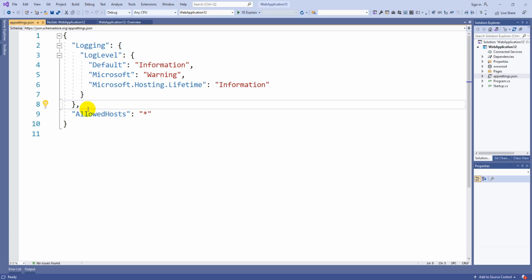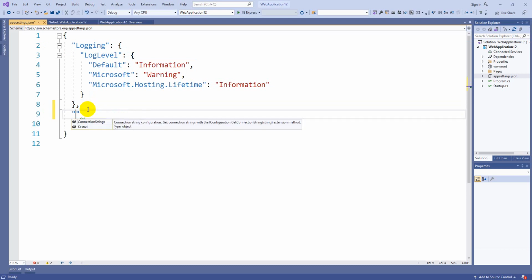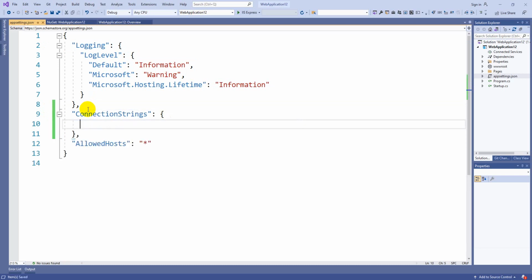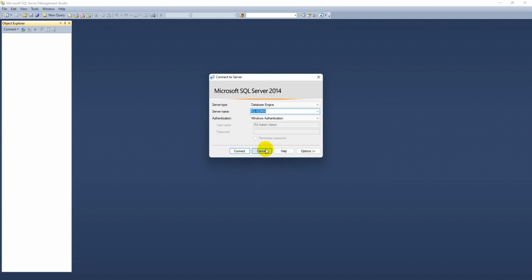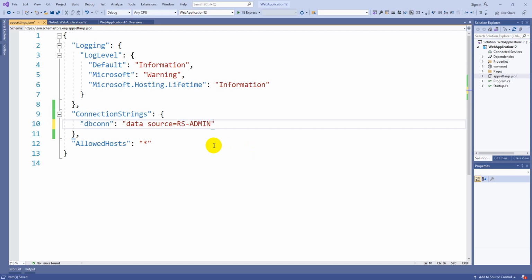Let us take ConnectionStrings, you can see it comes by default. Inside this you can write several connection strings. I am taking one connection string name, like add name equal to DbConnection. Similarly, here you should write your connection string: Data Source equal to, I am writing my server name. The server name is this one.